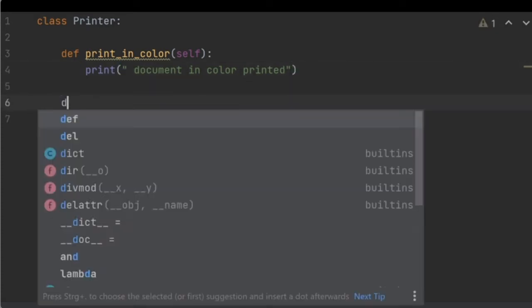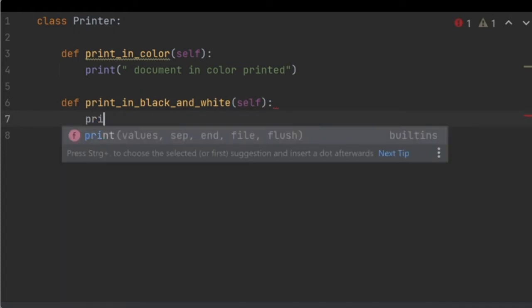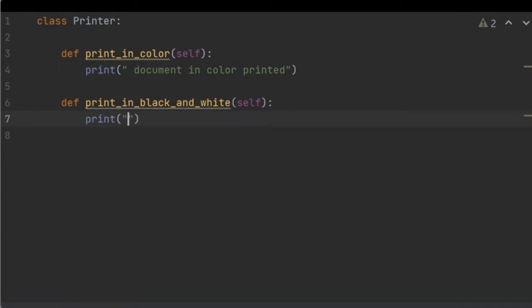Okay, and the other def print in black and white. Document in black and white. Okay,